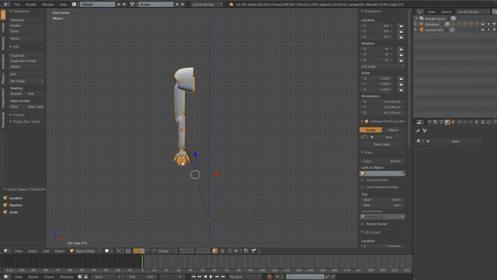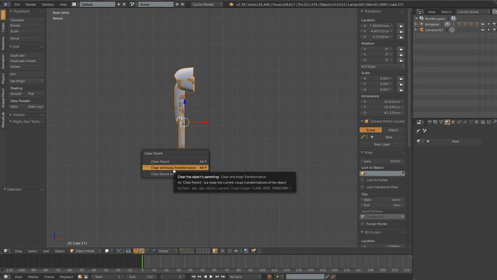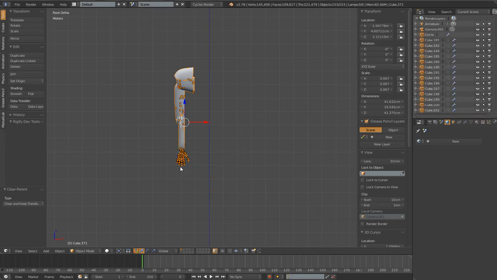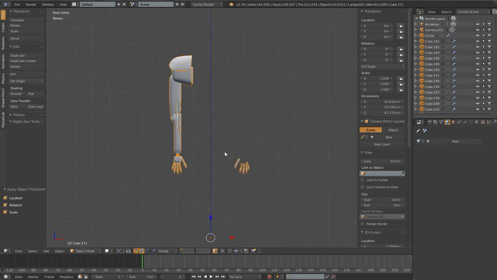You'll notice that some things kind of blew up down here on the hands, and the reason for that is because these meshes are already parented to that armature, so we need to unparent them, unfortunately, in order to fix this first. So let me just back this up. Alright, I'm going to take all these mesh objects, I'm going to do Alt P, clear parent, and keep transformation. It's very important that we do keep transformation so these mesh objects do not move from where they're at right now. And we do that, and then we can do Control A, apply location, rotation, and scale, and